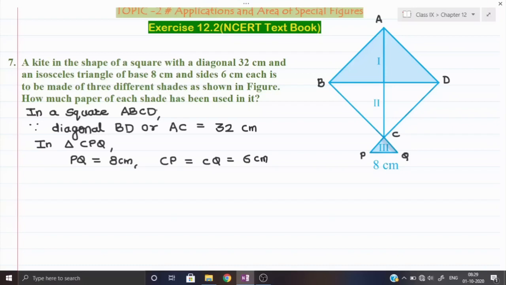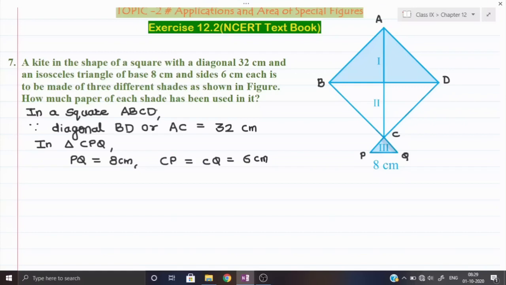First of all, look at the 2 shades, triangle ABD and triangle CBD. Since triangle ABD and triangle CBD are made on the diagonal of the square, we can say that triangle ABD and triangle CBD have the same area. Now to find this area we cannot use Heron's formula, because as I have told you, in the case of a quadrilateral we cannot use Heron's formula. So with the help of the properties of the square we can find the areas of these figures.